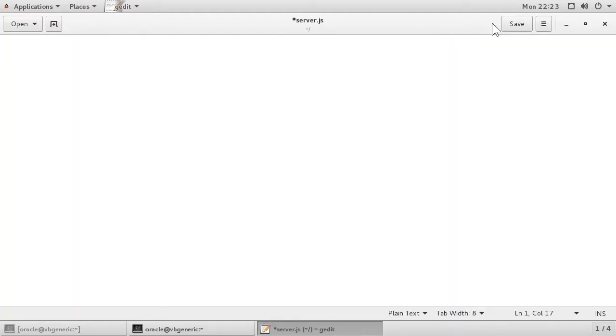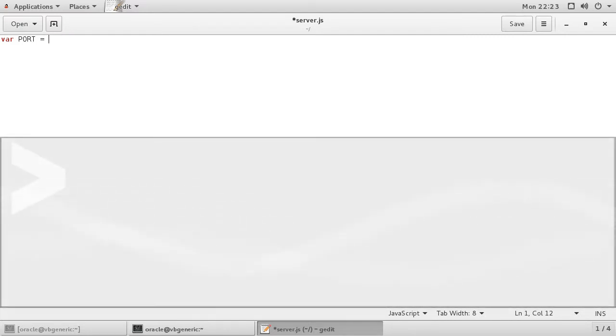Now, servers require a port number. I create a port variable with var port equals 8080. Since at some point I want to deploy all my samples to the Oracle Cloud, I must use the port from the Oracle Cloud or a default one to test locally. This is done with the following syntax. var port equals process.env.port double pipe 8080. This uses the environment variable port if available, or 8080 for my port variable in my